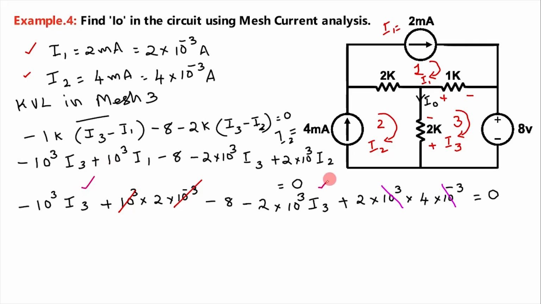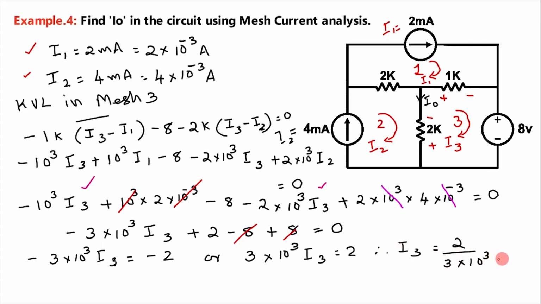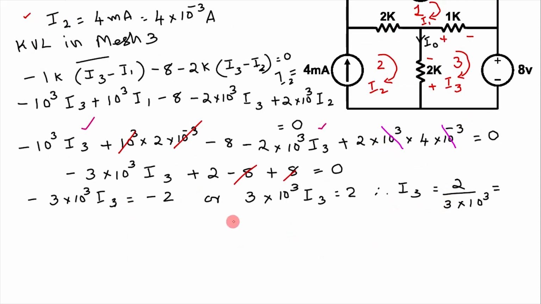Rewriting, here is I3, here also is I3. So this becomes minus 3 into 10 raised to 3 I3 plus 2 minus 8 plus 2 into 4, which is 8, is equal to 0. This plus 8 and minus 8 can be cancelled and this 2 goes to the right hand side. Therefore, minus 3 into 10 raised to 3 I3 is equal to minus 2, or 3 into 10 raised to 3 I3 is equal to 2. Therefore, I3 is 2 divided by 3 into 10 raised to 3, which is equal to 2 by 3, that is 0.67, into 1 by 10 raised to 3,